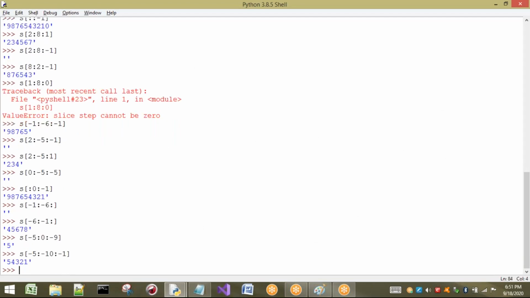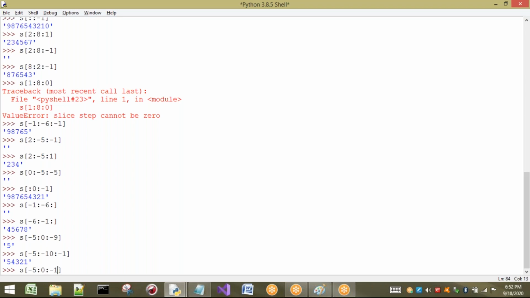Right, so these are the different cases where we can apply to strings. Let us take one point I have discussed when discussing negative: the n value should not be minus 1, evaluated to minus 1. Let us take minus 5 colon 0, for example. In reverse direction I am going to take.